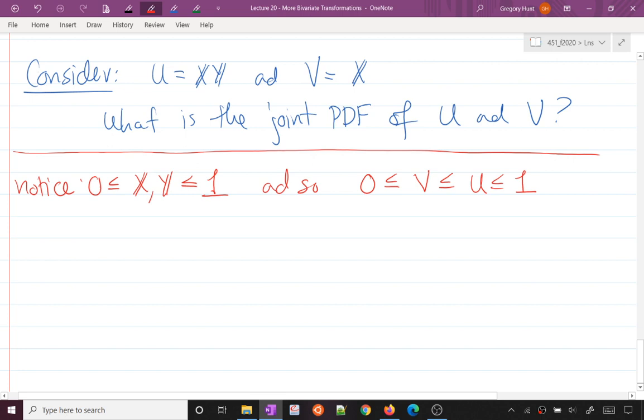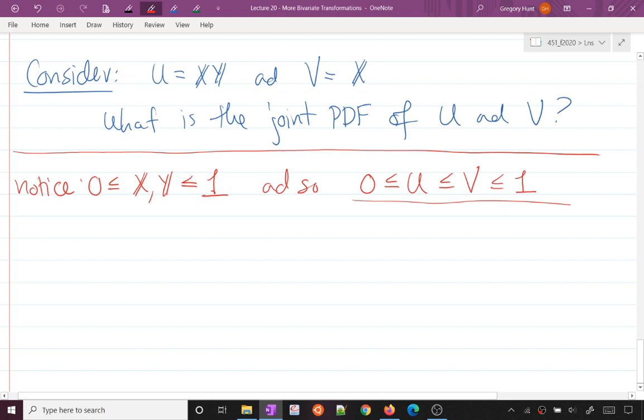Oh, did I write this backwards? Yes, I did. I wrote that backwards. Let's back up here. u is going to be smaller, typically, than v, right? Because I'm taking v, x, and I'm multiplying by some number between 0 and 1. So there's this nice relationship that we should keep in mind, which is that